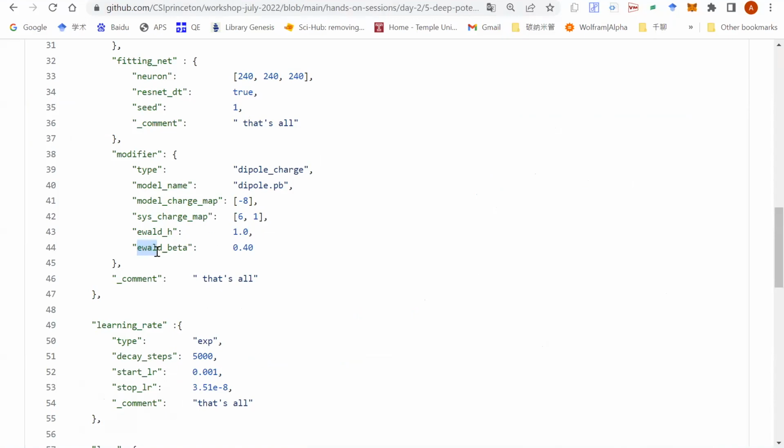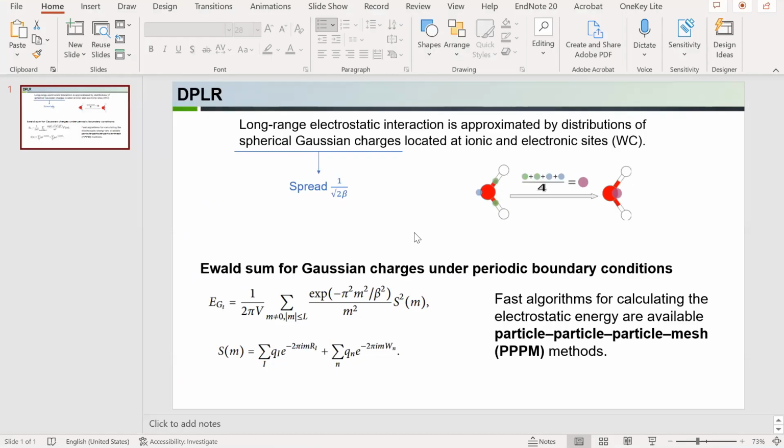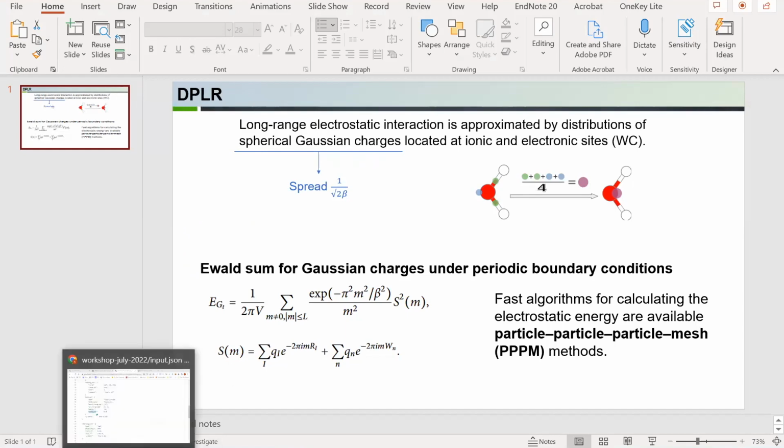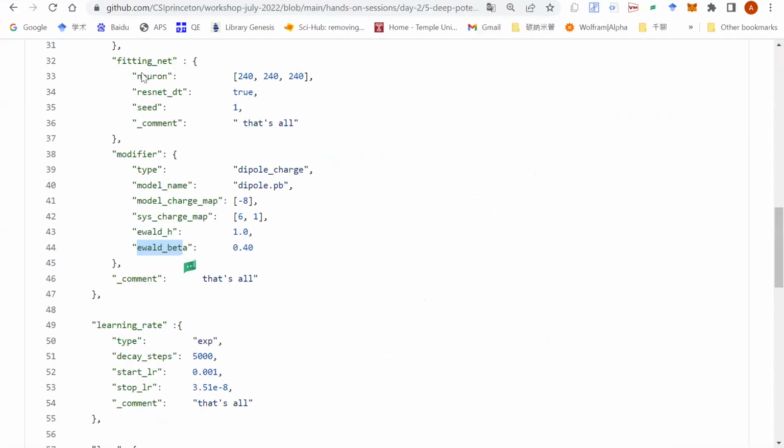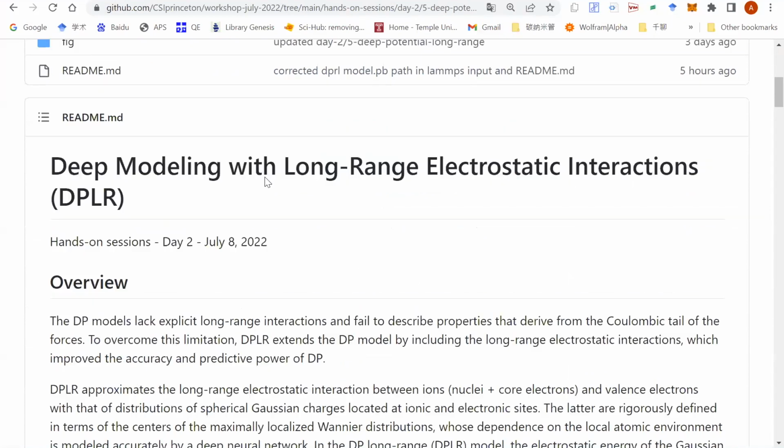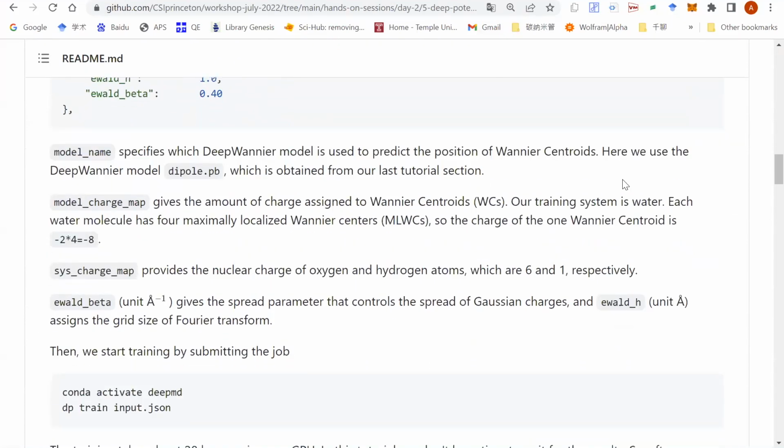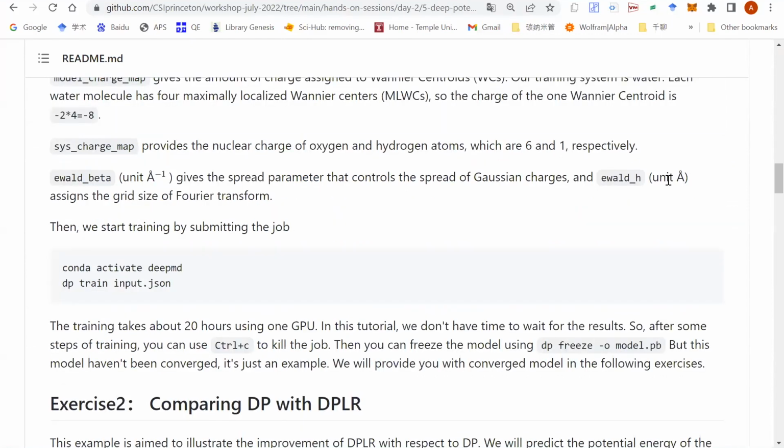And this Ewald beta is the spread parameter for the spherical Gaussian charge. Also this Ewald h assigns the grid size of the Fourier transform,